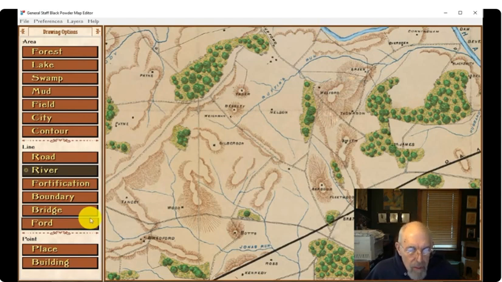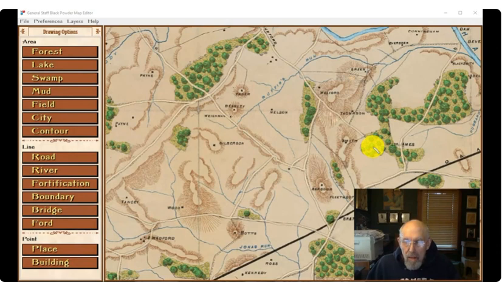Next step, what should we do next? Let's start putting some hills in. Now, there are 3 different ways to add elevation to one of our maps. You can do it via contour lines, which is what I'm going to do here. We can import elevation maps, and we can also use elevation shape tools. But we're going to do just contours here because this is a pretty simple map and we can get away with just doing contours. So I'm going to start by just drawing some concentric contour lines.